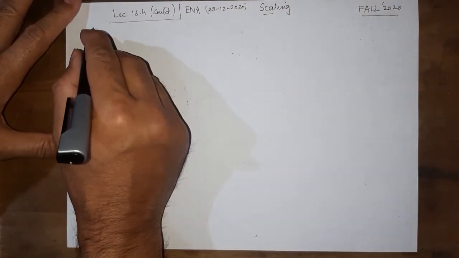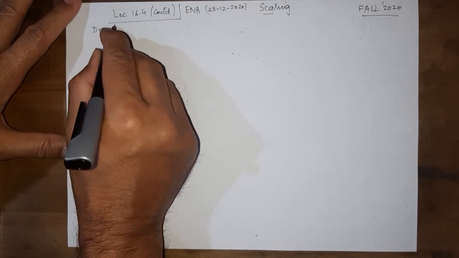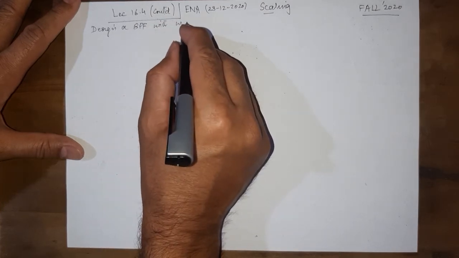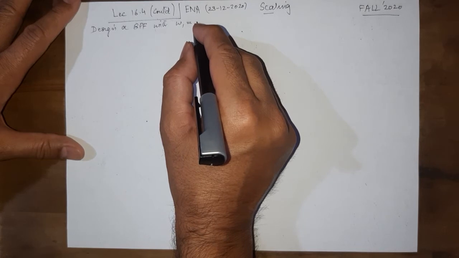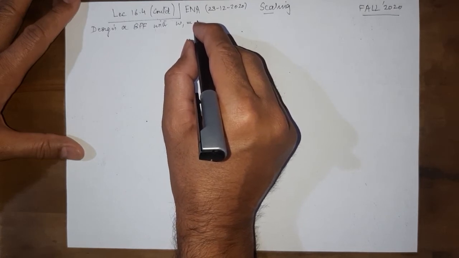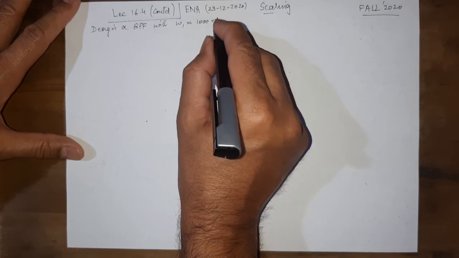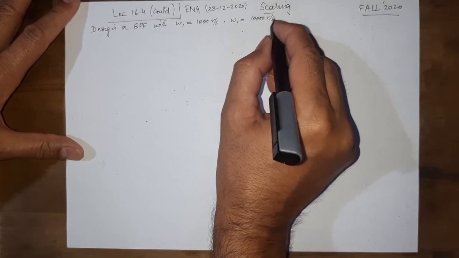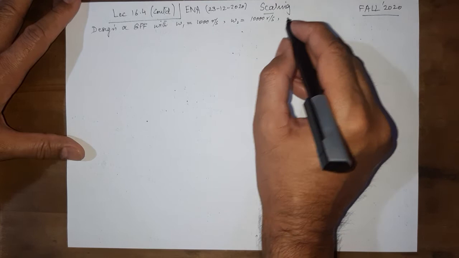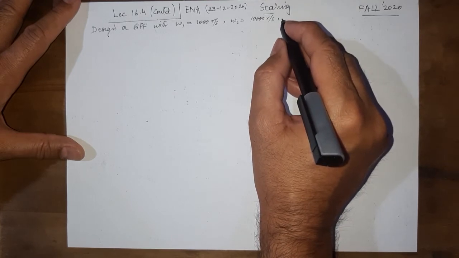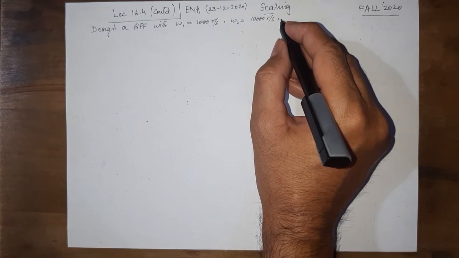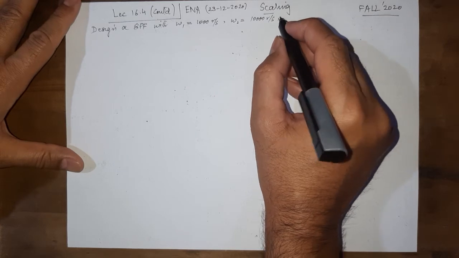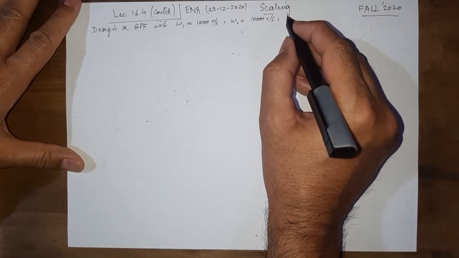So suppose we need to design a band pass filter with omega 1 equal to, say, 1000 radian per second, omega 2 equal to 10,000 radian per second, and let us say we need to use the series